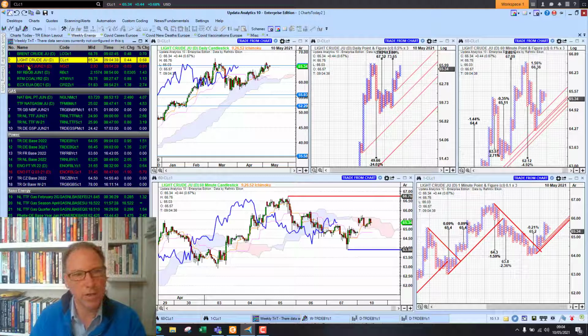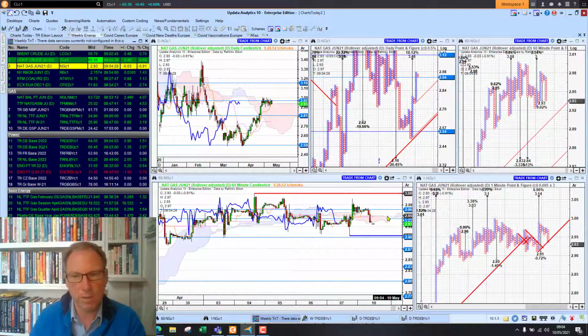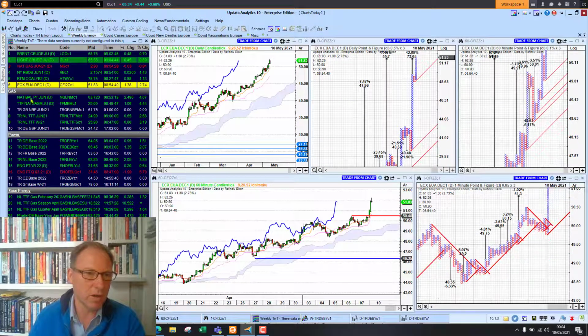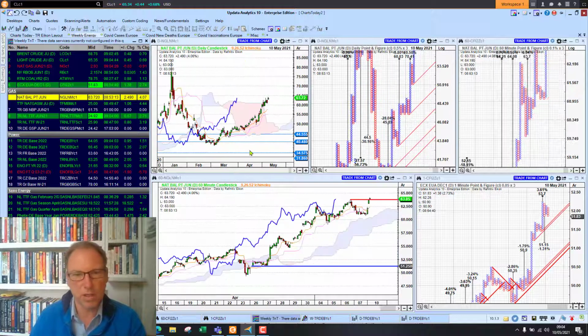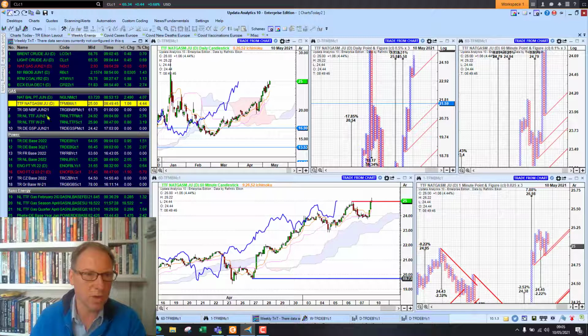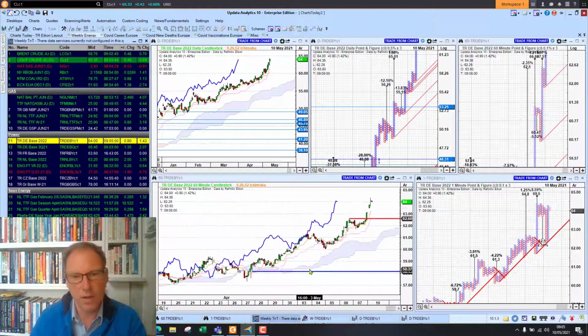We've also turned neutral on US nat gas, which has run into a range here, so that's a harder call. Coal pushing ever higher, and emissions also pushing ever higher. Gas markets in Europe pushing higher as well. Front month contracts on NBP and TTF looking strong, making new highs. The seasonal contracts not looking as strong.